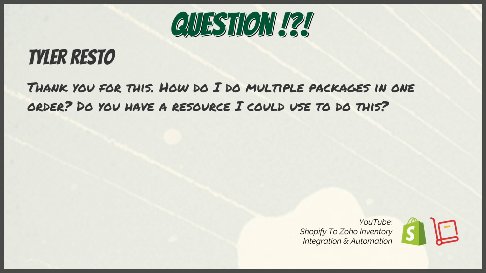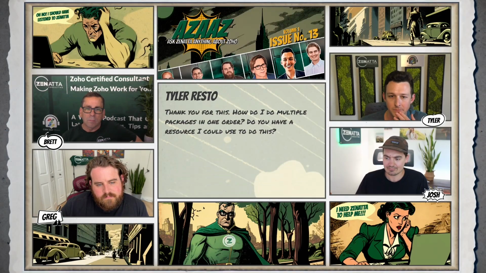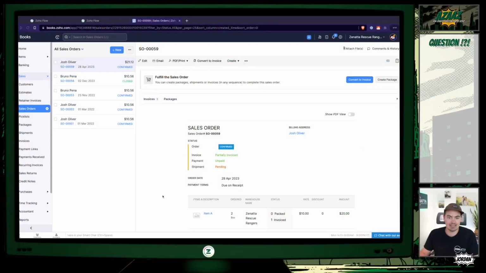So after watching Shopify to Zoho Inventory integration and automation, Tyler Resto asks, thank you for this. You're welcome. How do I do multiple packages in one order? Do you have a resource I could use to do this? So I'm going to share my screen, and the quick answer is you can do this in either a sales order